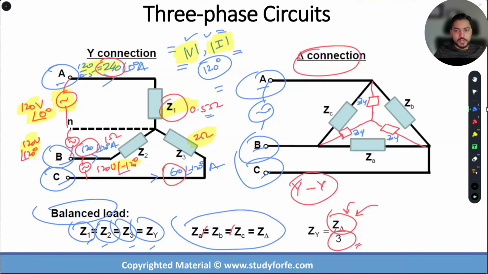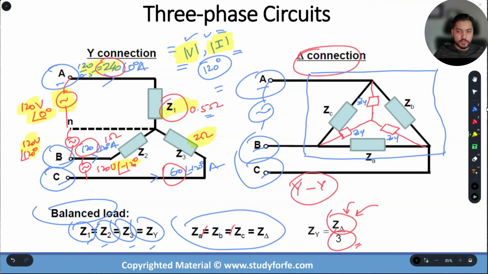The key thing to understand over here is that as far as the line values are concerned, if I do this transformation properly, the line values will not get impacted. And that is the key. Because of what happens within this box,